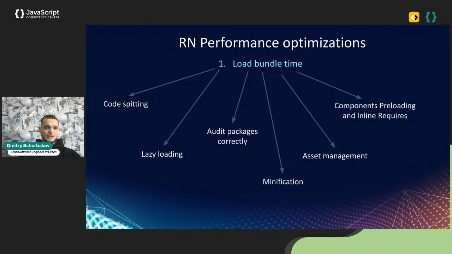So when it comes to asset management, it's mostly connected with different assets that we can use in the app. For example, it can be different kinds of images, even expensive images, in different JPEG formats. The size of these photos can be about 5 megabytes and so on, and it won't be compressed. So 5 megabytes will take 5 megabytes in a source bundle. Because of that, I always